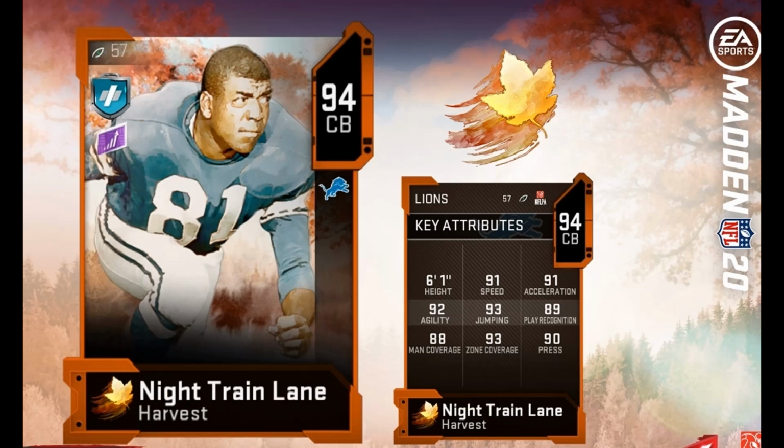So, if you guys missed the EA stream, they went ahead and showcased the new promo that will be dropping tomorrow. We are in the Thanksgiving promo, and they showcased a bunch of cards. A lot of them we're not going to be showing here. They showed a bunch of 79s, 77s, and 79s. They showcased a ton of other cards, and we just took some of the higher overall cards to highlight and